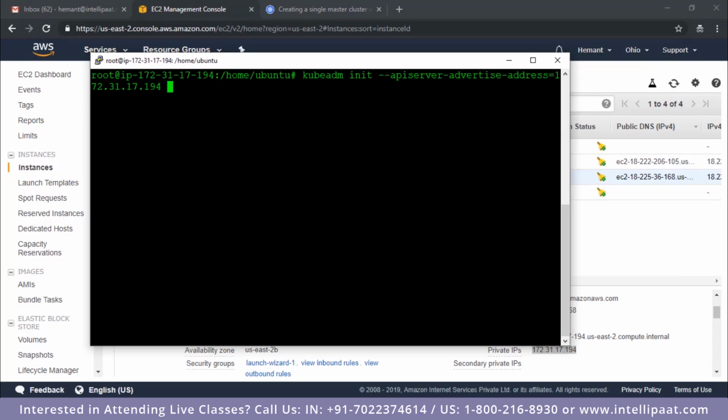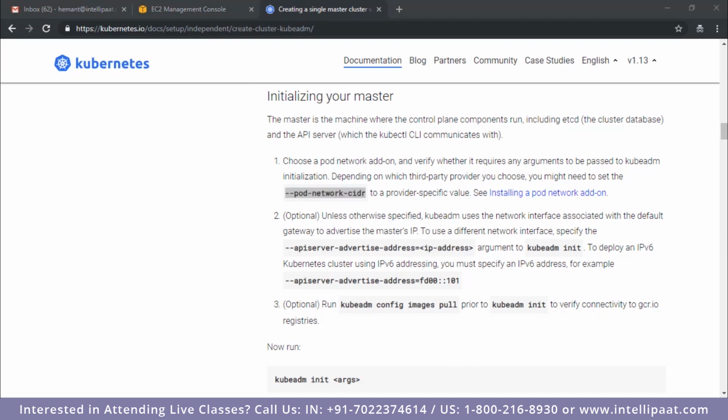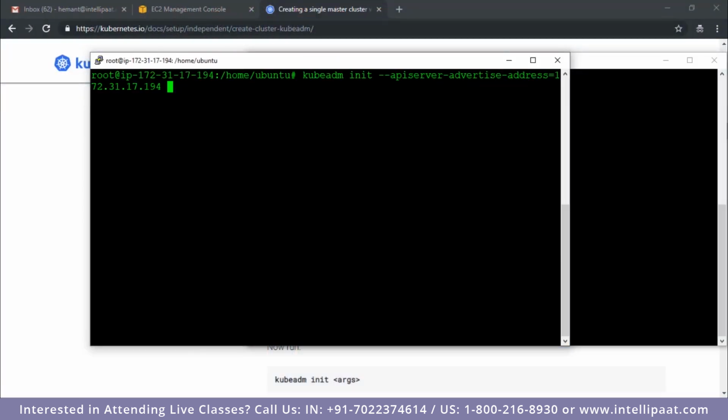Once you have the API server advertise address, the next step is to basically have the pod network CIDR. So I told you while we were discussing the architecture, guys, that Kubernetes basically works on its own network. It has its own network on which it will work. So this network is called the pod network. Okay, and in this particular command, that is using pod network CIDR, we basically define the range in which the IP addresses would be allotted for the Kubernetes network to function. So the range that we want to specify is